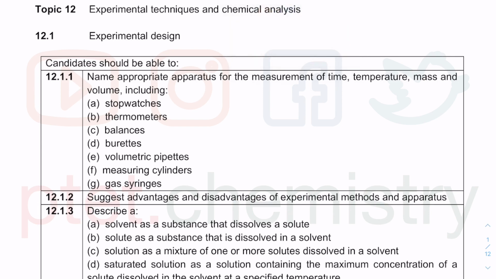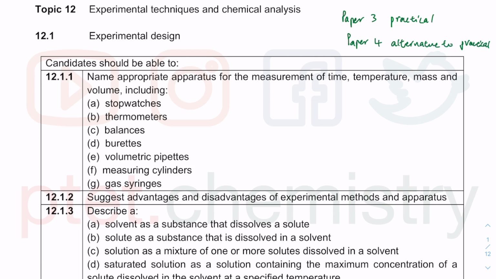So in this new topic, we are going to cover experimental techniques and chemical analysis. This is not necessarily the most difficult topic of all, but it seems to be the most assessed, meaning to say Cambridge really likes to ask questions involving experimental techniques and chemical analysis because they usually come out as part of paper 3 practical studies as well as paper 4 alternative to practical. So these are becoming more and more common